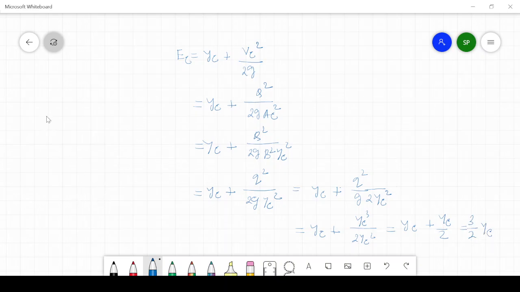Okay. So specific energy at critical depth is equal to 3 by 2 yc, and yc is equal to q square by g whole to the power 1/3. So these two are the expressions for rectangular channel. Okay, yc is equal to q square by g whole to the power 1/3, and suppose you have to find out the specific energy, ec is equal to what? 3/2 yc. Up to this much clear? Okay.